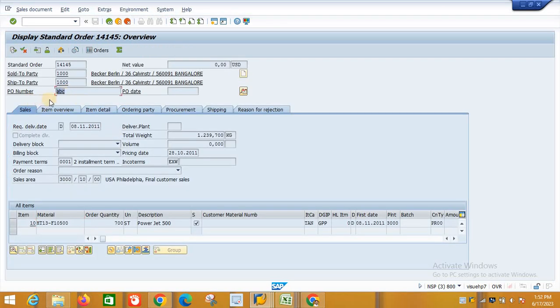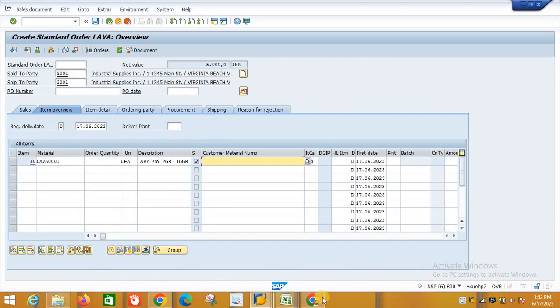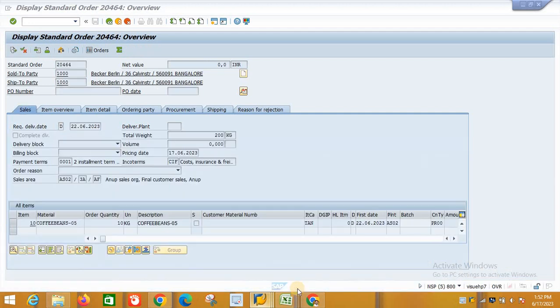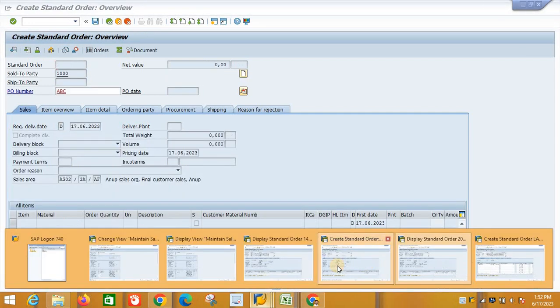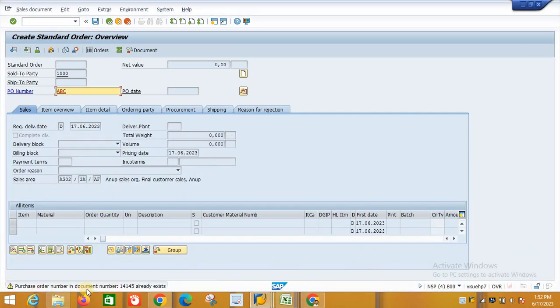See guys, here what message we got? The purchase order number is in document number, already exists. So here the customer gets to know whether they have a duplicate purchase order or not.